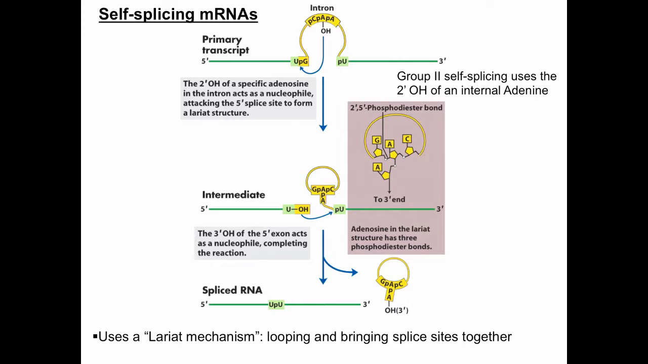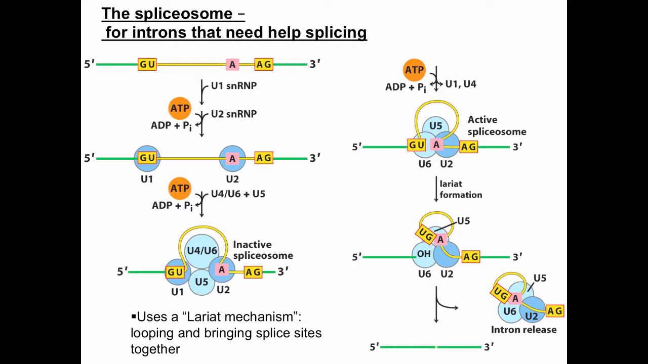of that adenine. And then in the next reaction, the 3' end of the exon will then attack the 5' end of the intron, displacing the 3' end of the intron, so that way now we have a 3' to 5' phosphoester bond between the 5' exon and the 3' exon. Okay, so those are the group 1 and group 2